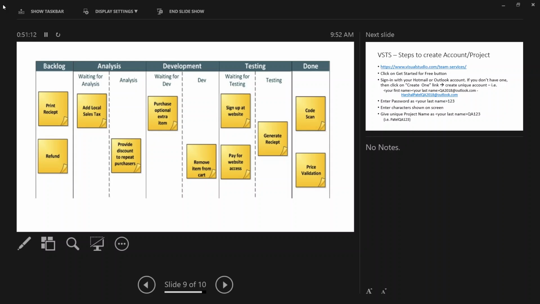But if they are not using tools, then it will be more visual. And some companies use both, because nobody wants to go in and report their task. They will say, come here first thing in the morning and make sure your task is up to date on the board, where it stands.